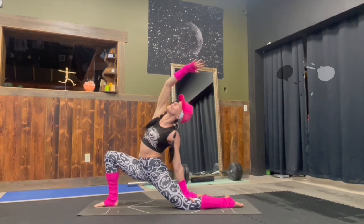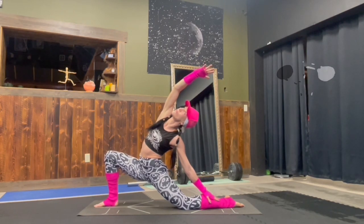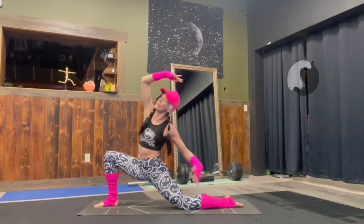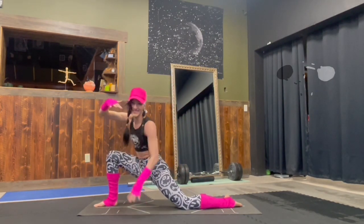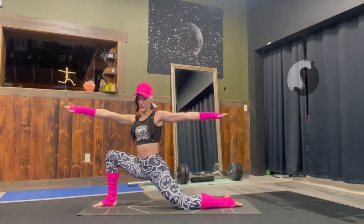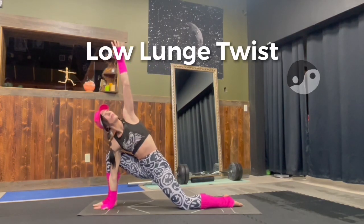You can set your left hand on your calf or extend it even further out to your foot. Reach, looking up at your hand. Breathe. And down, arms out again. Arms out straight. This time, drop your right arm, putting your palm on the mat by your foot, and